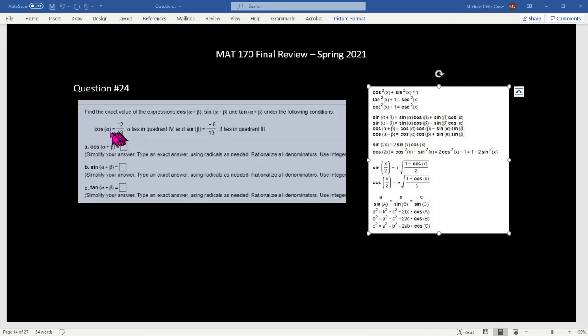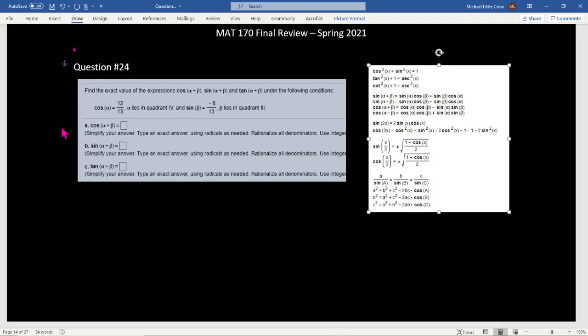24 here, they give us a cosine and a sine of two different angles, alpha and beta. Fortunately, they have a common denominator that will probably be helpful for us. We now need to find these. We'll certainly do the tangent as well, but what we'll look at first is cosine of alpha, since we know,